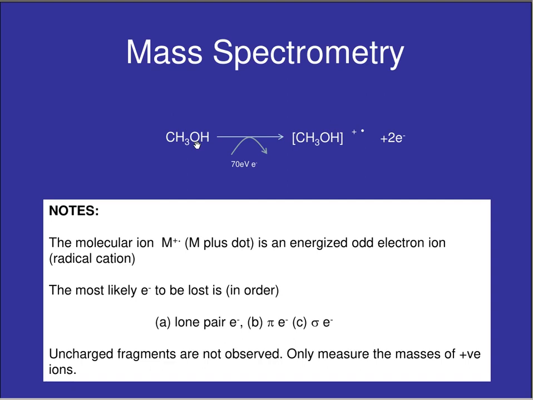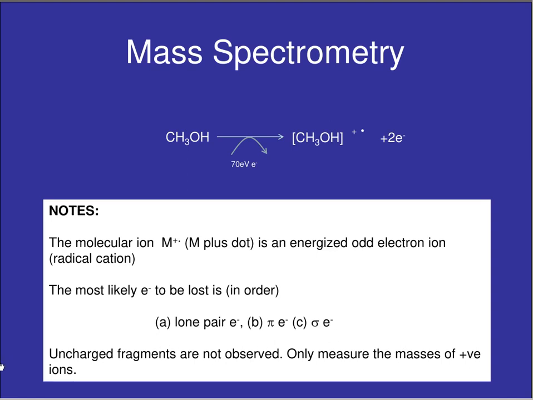Some molecules don't have lone pairs, so in the mass spectrometer, if there are no lone pairs, it's quite likely that pi electrons will be lost. If you've got no lone pairs or no pi electrons, then of course the only electrons you can lose are sigma electrons. But again, remember that you'll have all pairs normally in a molecule. When you kick off an electron, you'll end up with an unpaired electron, and so your resultant will be a radical cation. Note that if there are any uncharged fragments, they will not be observed, and you will only see positive